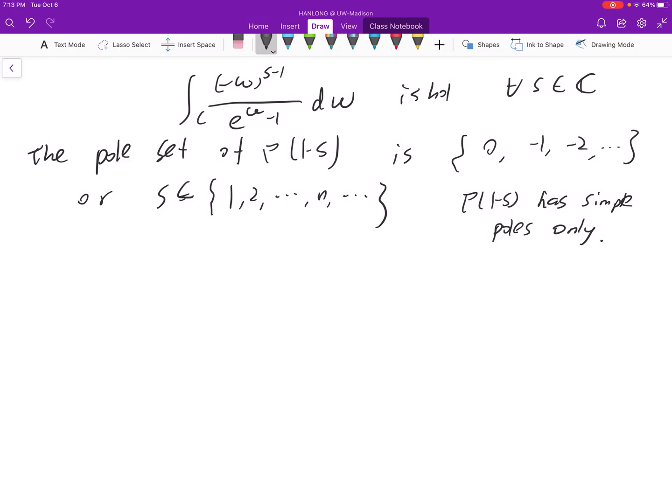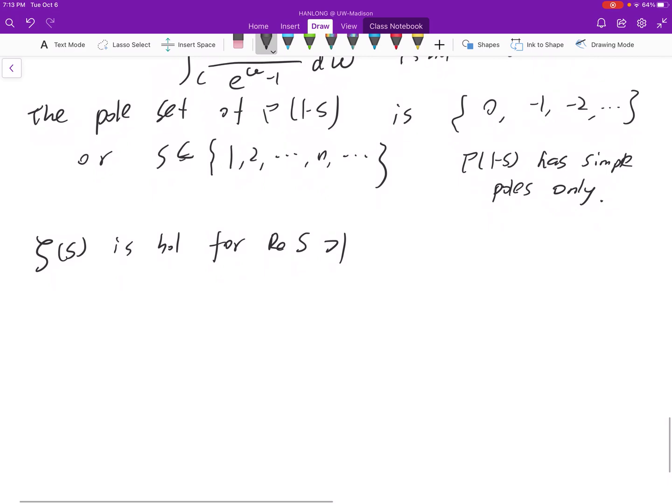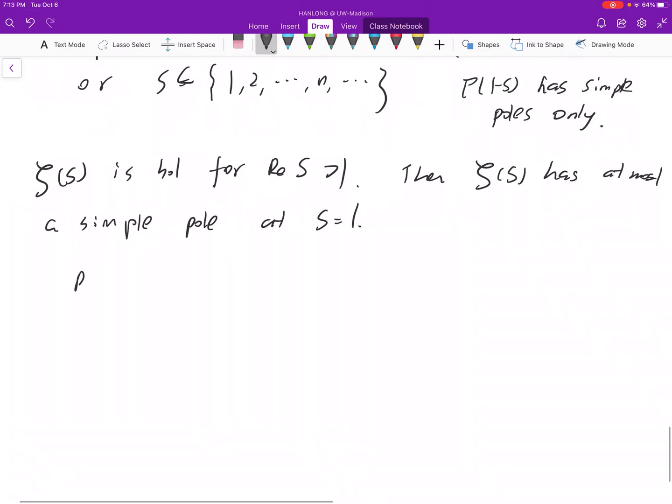And on the other hand, zeta s is holomorphic for real part s greater than 0 by the first definition as a summation of power series. Then zeta s has at most a simple pole at s equals 1. Recall that